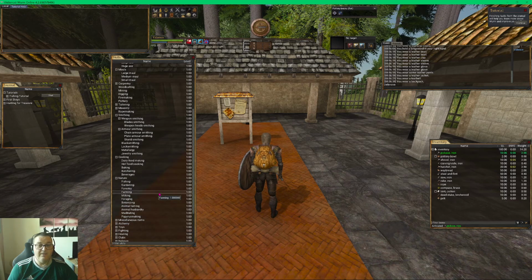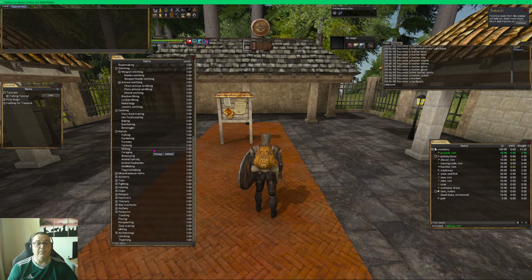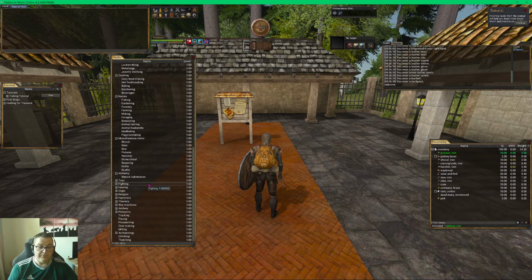Within nature, you've got fishing, gardening, forestry, farming, milking, foraging, botanizing, animal taming, animal husbandry, meditating, papyrus making. In the miscellaneous items, these are just tools: shovel, rake, saw, pickaxe, hammer, stone chisel, repairing skill, very important, sickle, scythe. Then you have alchemy, natural substances,